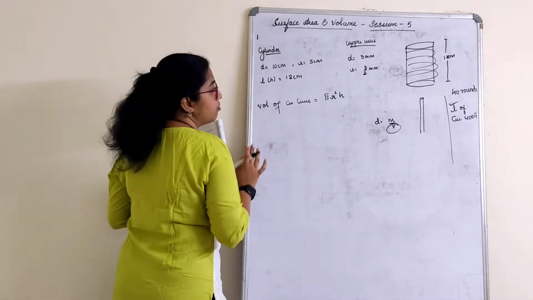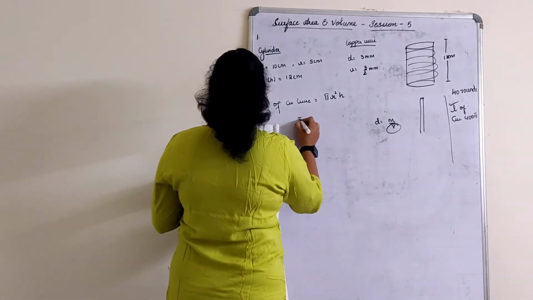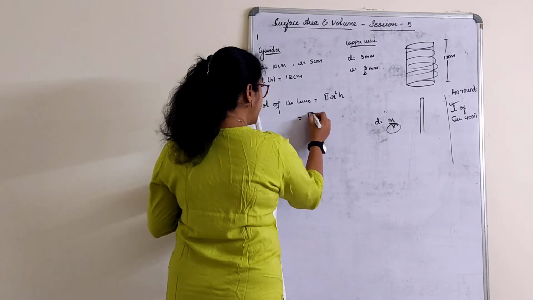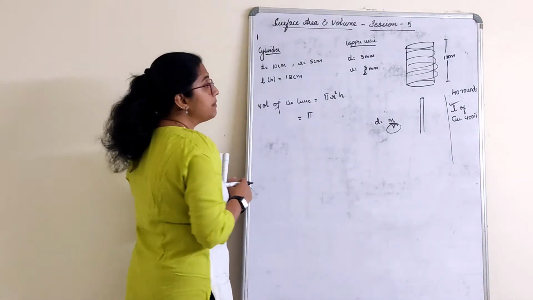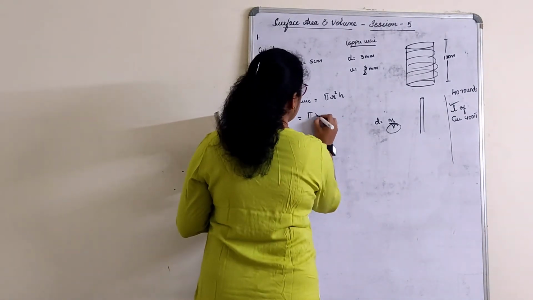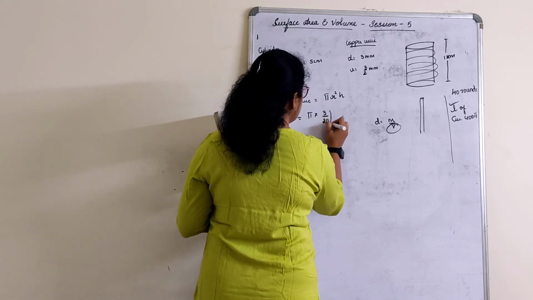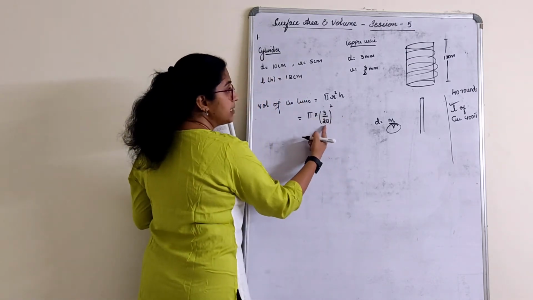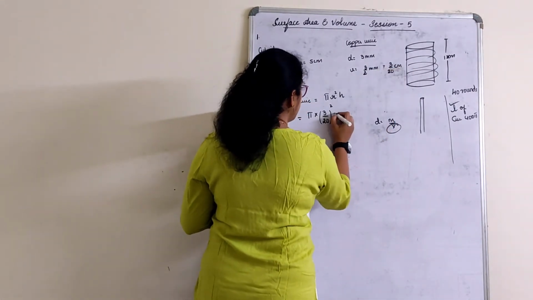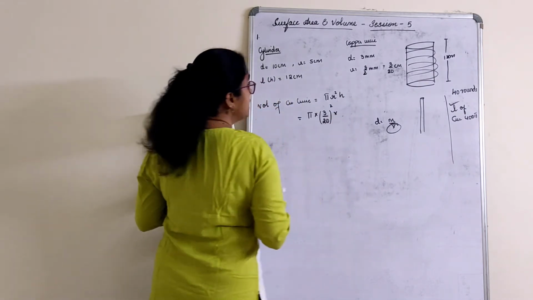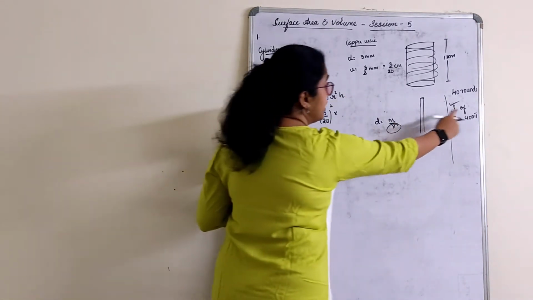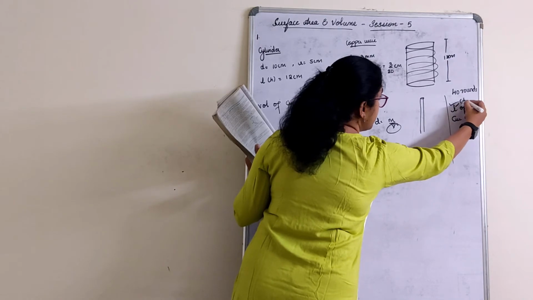So this h is for the whole, or r is for the copper only. Substitute. So this is pi, keep it as it is. Don't do anything with the pi. Now r is in terms of millimeter. Now I have to convert that in terms of centimeter, right? So into 3 by 20 whole square. In terms of centimeter I have done this. If you want to write 3 by 20 centimeter into h. What is h? H is nothing but the length of the copper wire. If you want, you can write it here. Length of the copper wire, what you have written now in bracket, you can just mention this as h.